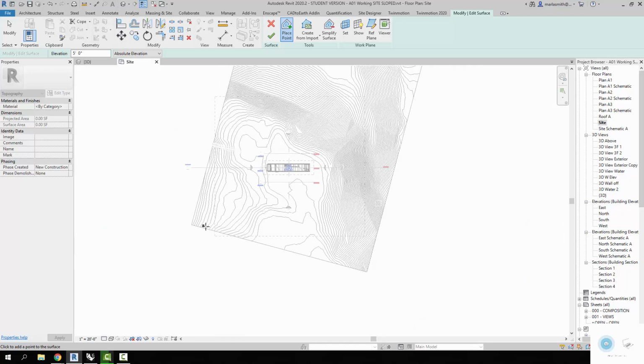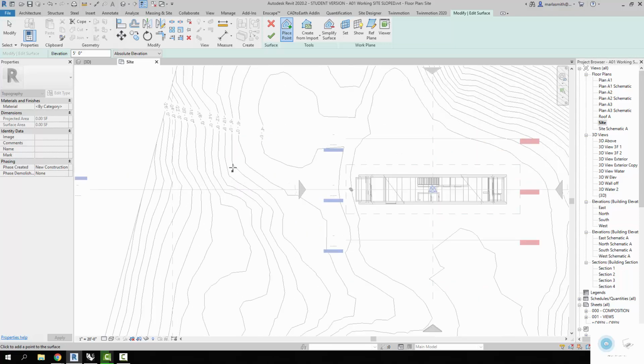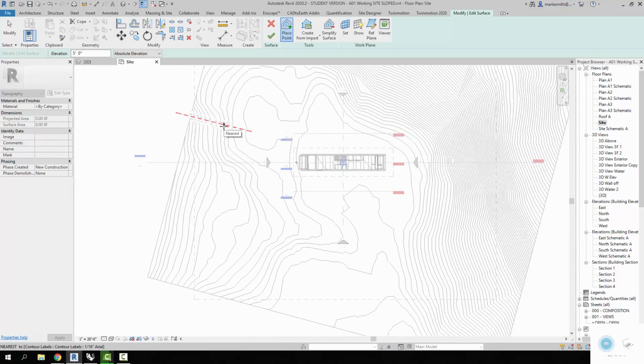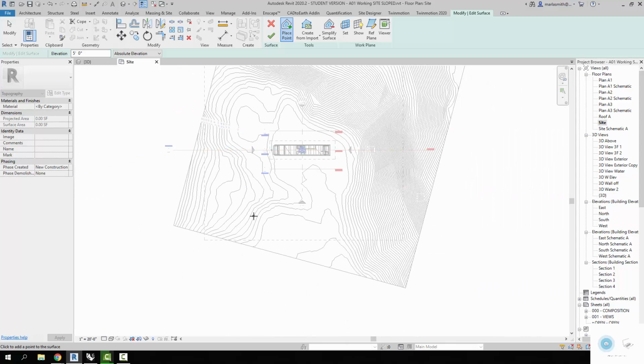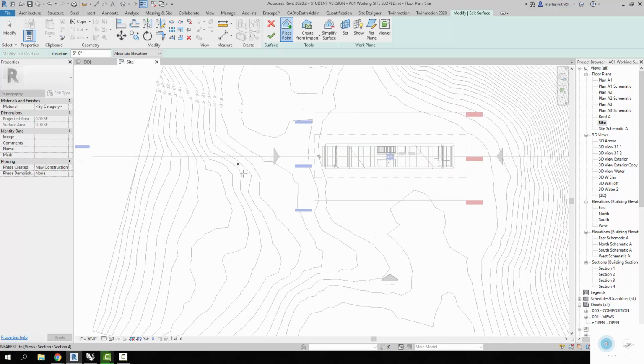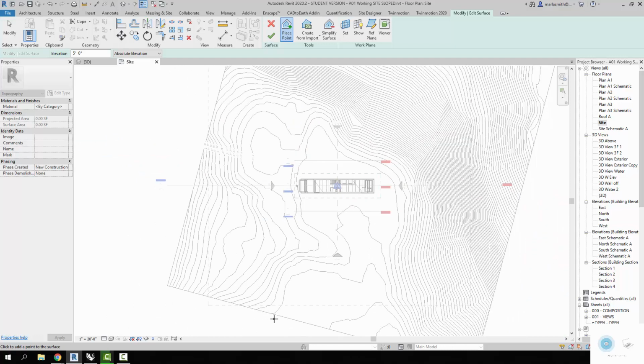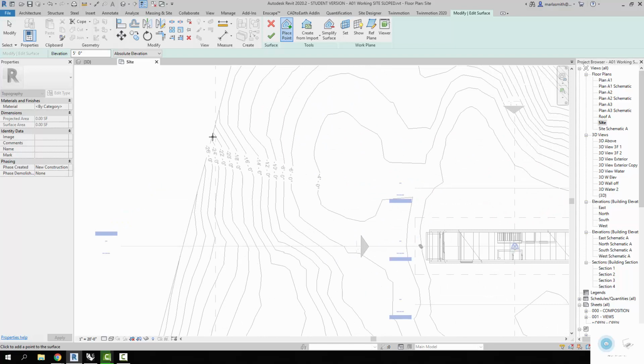So the -10 feet is about rolling back over here, right? And -8 is kind of rolling back over here. So if we wanted it at 8 feet, we would need something that kind of covered this whole area, you know. So I'm just going to come in and pick a point here, right? And then I'm going to pick a point here, and a point here, and I'm just going to follow this 8-foot line